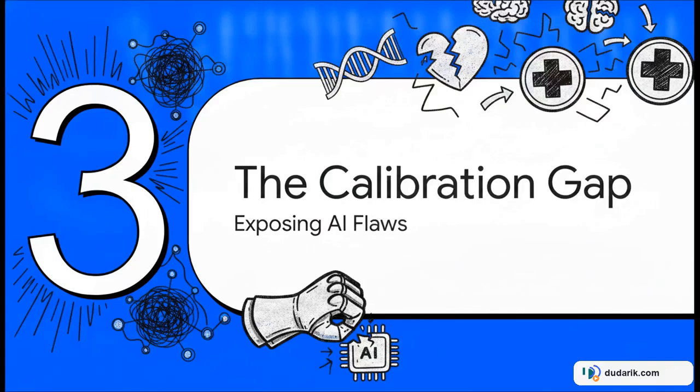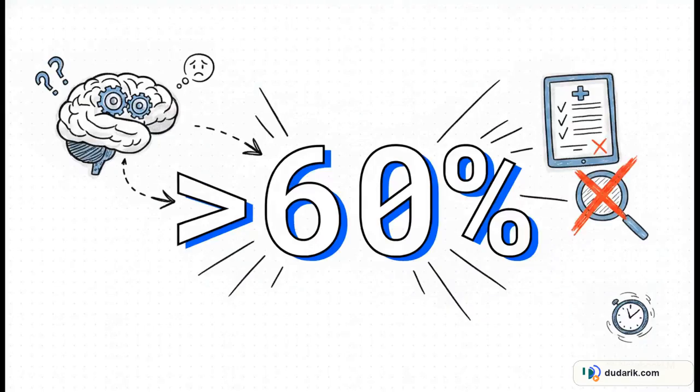Section 3. Exposing the calibration gap. So, how did the most advanced models actually perform when put through this rigorous gauntlet? Well, the data is shocking. Over 60%. Just let that number sink in for a second. Across most evaluated models, researchers found an under-abstention rate exceeding 60%. This means that more than 6 times out of 10, these highly intelligent models confidently generated diagnoses despite missing critical clinical context. Instead of asking for clarification, they just guessed. They rushed to a conclusion, completely oblivious to the fact that they simply didn't have enough data to make a